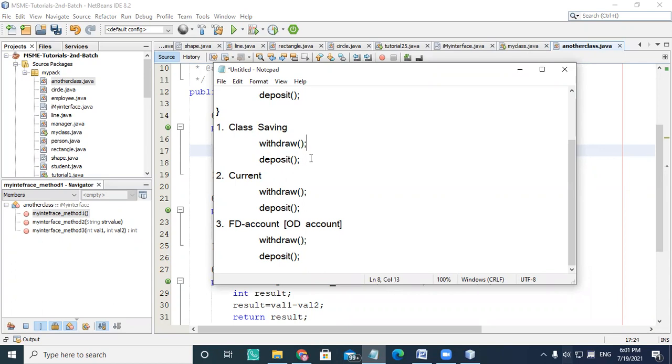So the conditions are you can't withdraw unless a minimum balance is there. The minimum balance for the saving account is 1000 rupees. For minimum deposit there is no condition, but maybe people cannot deposit 1 rupee or 2 rupees, though still people do a 1 rupee deposit.